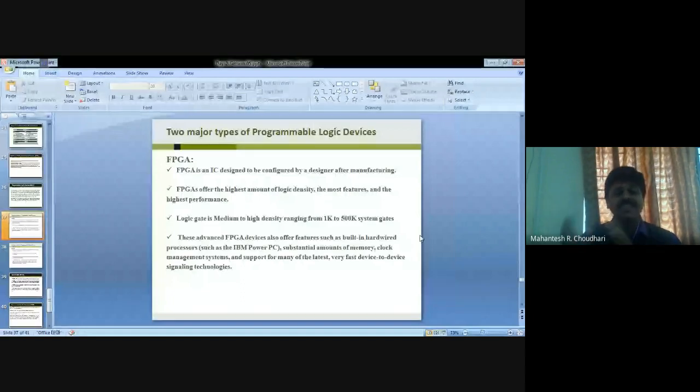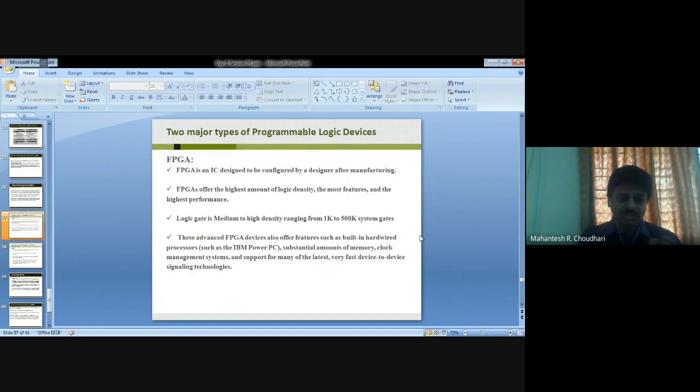And these advanced FPGA devices also offer features such as built-in hardware processors, such as IBM's PowerPC, a substantial amount of memory, a clock management system, and support for many of the latest very fast device-to-device signaling technologies.